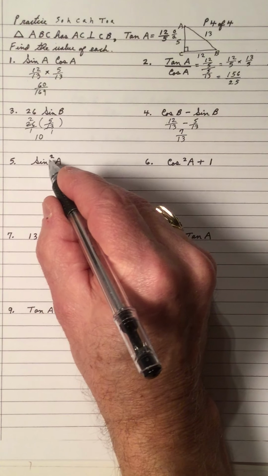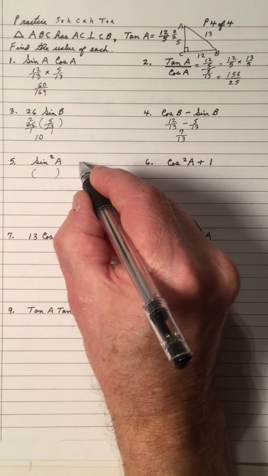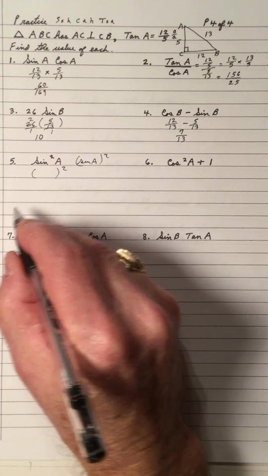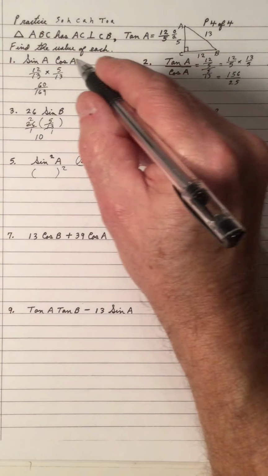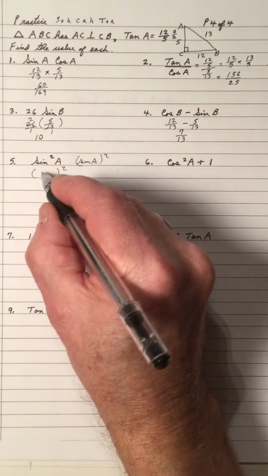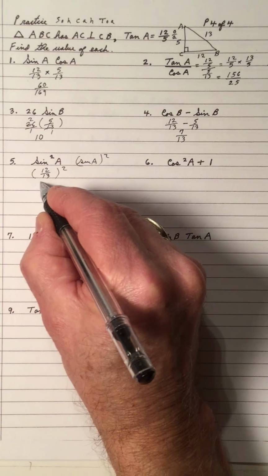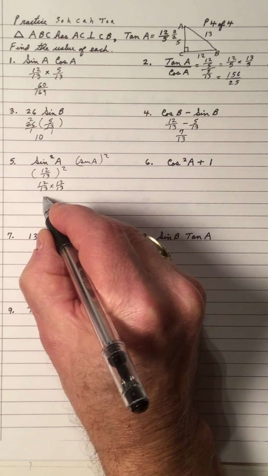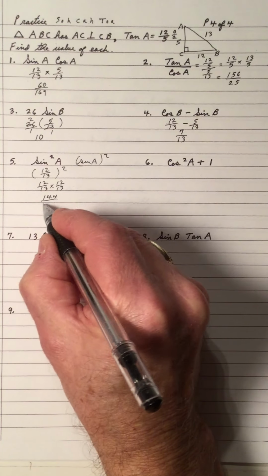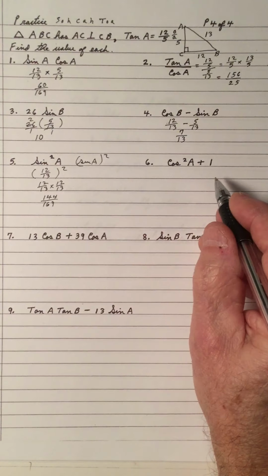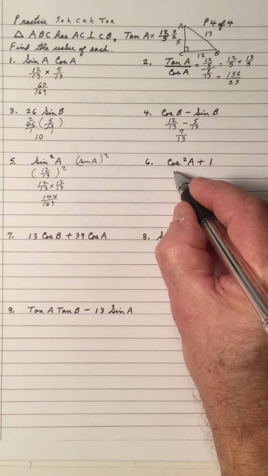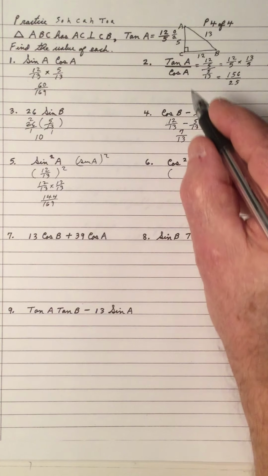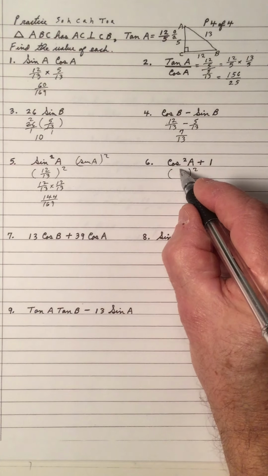And we have sine squared A, which is the same as the sine of A squared. So the sine of A, do we have sine A? Sine A is 12 over 13. So 12 over 13 times 12 over 13 gives me 144 over 169 when I multiply. Number 6, cos squared A is the same as the cos of A squared. So the cos of A is 5 over 13